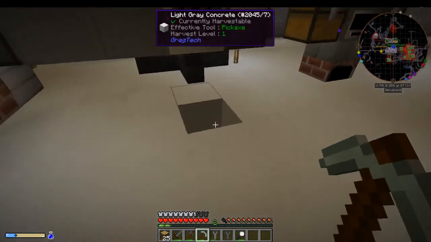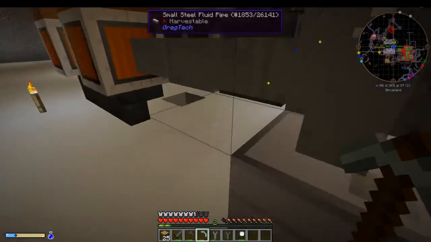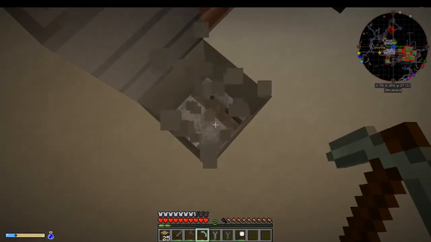Alright, so the existing hole's here, so the tank is going to be like here. And I want it to go...